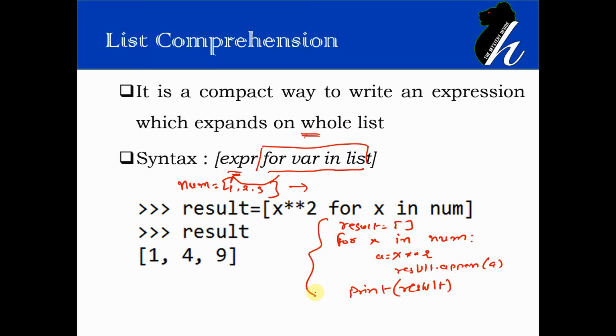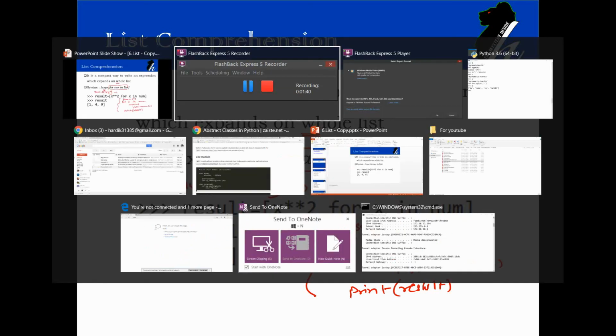So if I wanted to perform a power operation on each element of a list, then I need to write code of this 5 lines. Rather than doing it that way, if we use list comprehension, then we can apply the expression within the list itself. So how can we achieve it? Here is the way. Let me just do it practically.